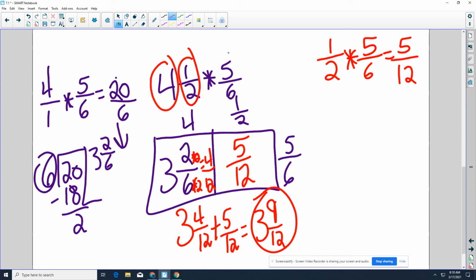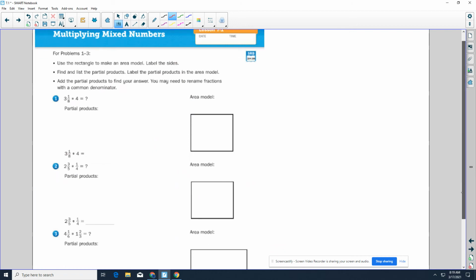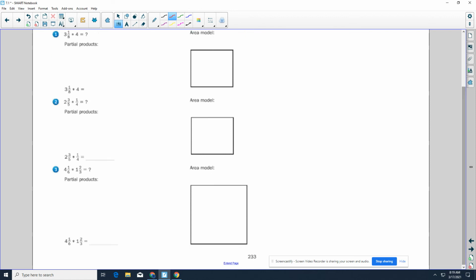This will have its own box. This will be on the side. And so then you just multiply across there, just like we've done with other area models, but this one's with mixed numbers. Okay, so you're going to try in your math journal on pages on problems 1 through 3 there,